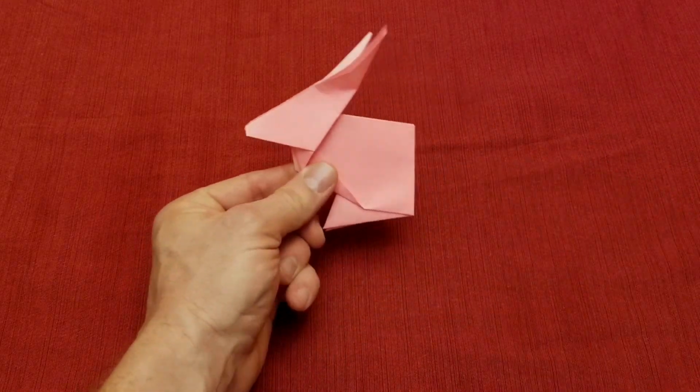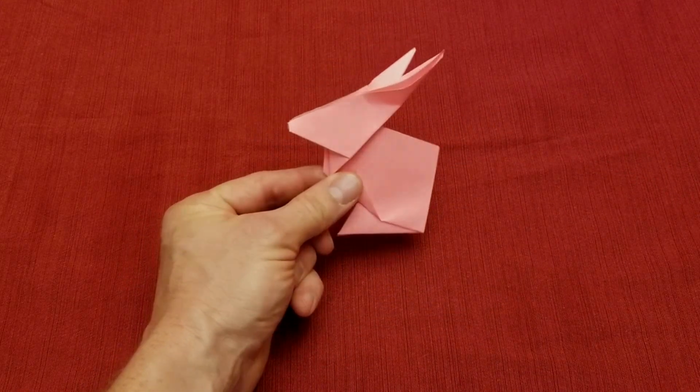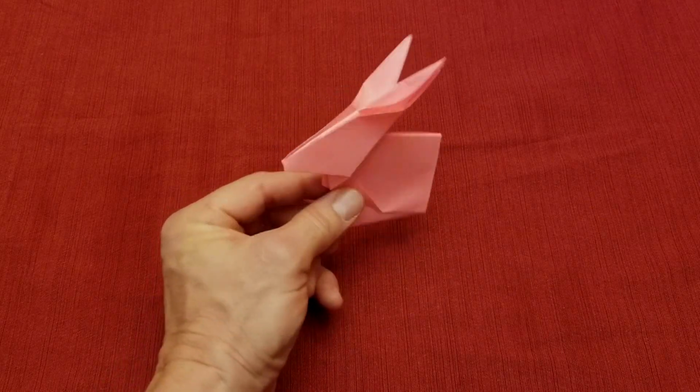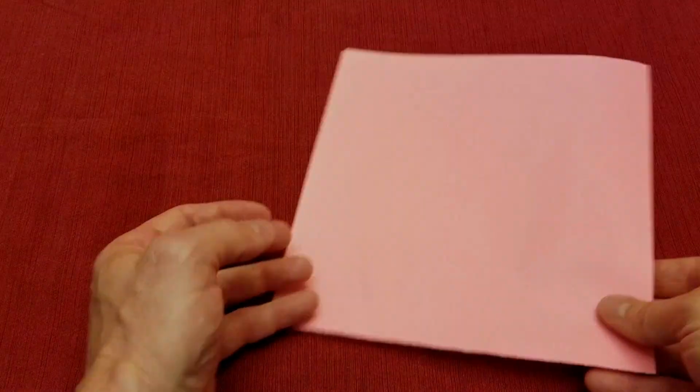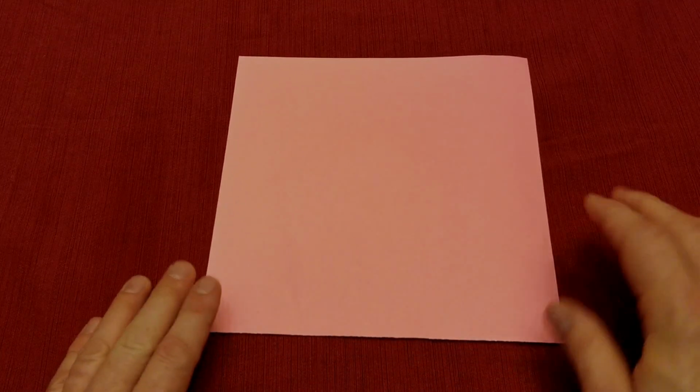This will be the quick tutorial, so I will be going pretty quick in each of the folds, showing you exactly how to do it. I do have a slow tutorial if you need a little more time, want me to go slow. I have that available. First thing we're going to do is start off with a pink square